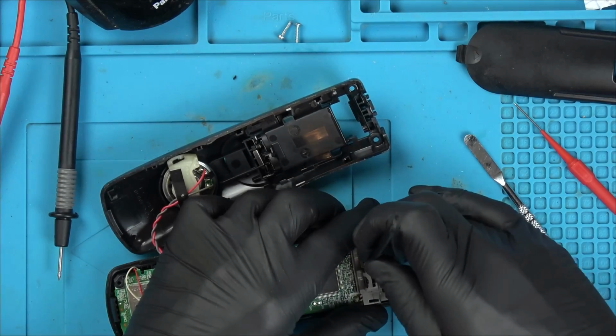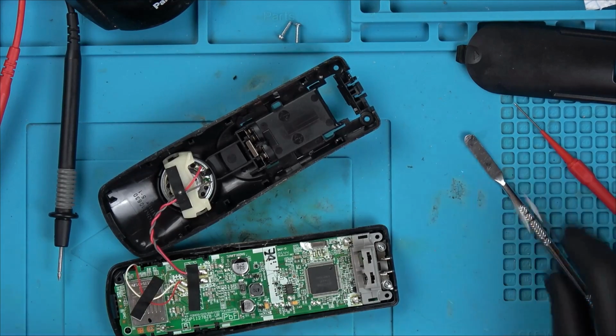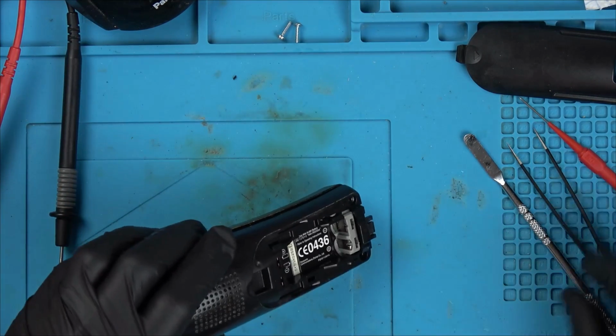I'll be honest with you, extremely boring fix. I do apologise. Part of me thinks don't bother releasing it, but at the same time, it is a fix, and my dad's going to be happy that it's fixed. So a lot of these would be thrown away, and even if people watch a video, they'd be like, oh, well, I've cleaned the battery contacts. It's not that,